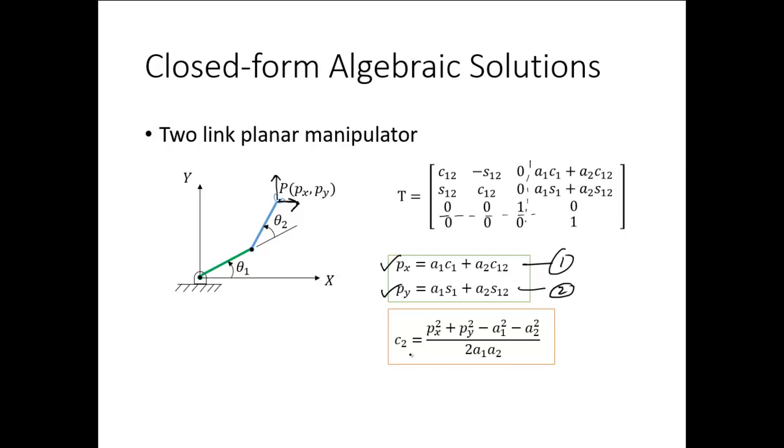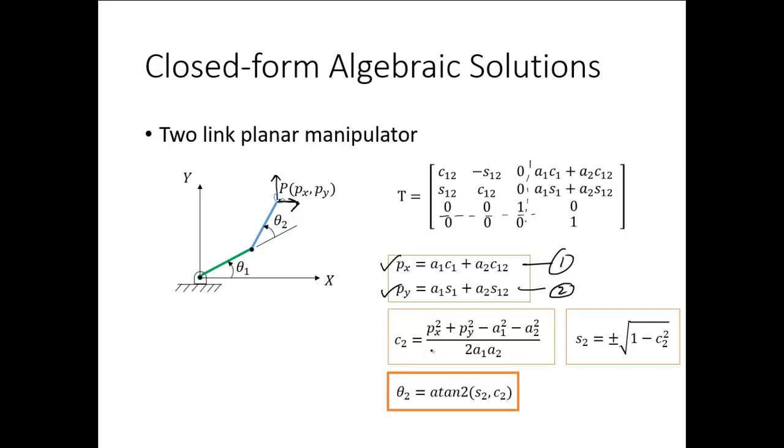But it's not that we evaluate theta 2 from here directly, but rather we calculate the sine function of this. So we write sin theta 2 is equal to plus or minus the square root of 1 minus cos squared theta 2. Now this is done because we want to finally evaluate theta 2 using the atan2 function, whose arguments are the sine and the cosine value. We use this function because it has certain features in MATLAB or in mathematics. This function takes the signs of the arguments into consideration.